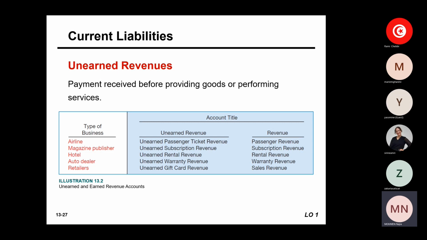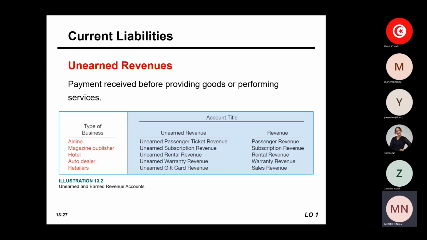Other examples, like when you book a hotel room or a suite, and you are paying in advance of being there, or of using the room for a weekend, etc. Okay, auto dealer, here when you are also offering a service warranty to your customers. This is an additional